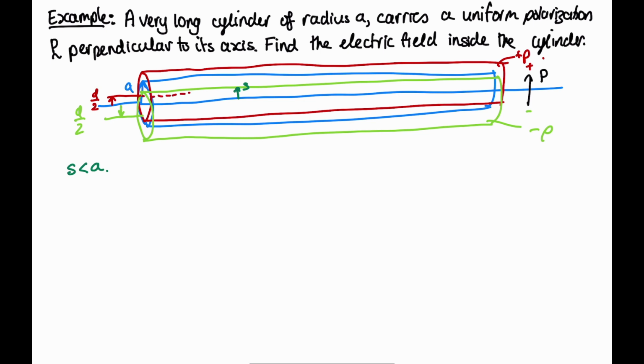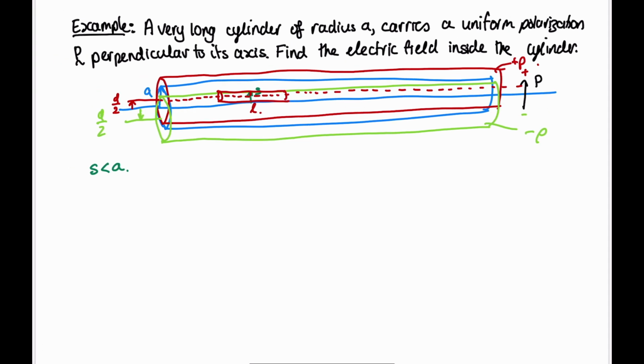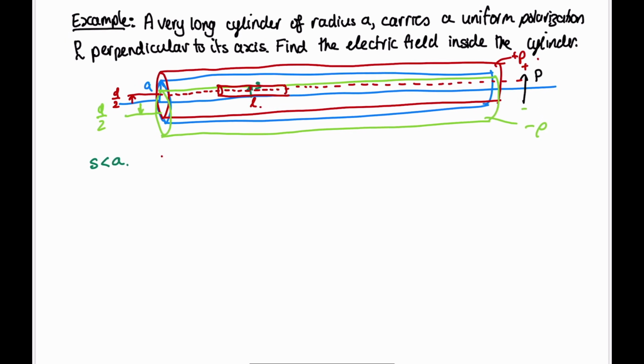So this is the axis here for the red one. And so this distance here is S minus d on 2. So we're going to want to make sure that our Gaussian surface that we choose in this case is symmetric for the positive charge distribution. So we're going to take a little Gaussian surface like this. Let's let it have length L, and the radius for this one is going to be equal to S